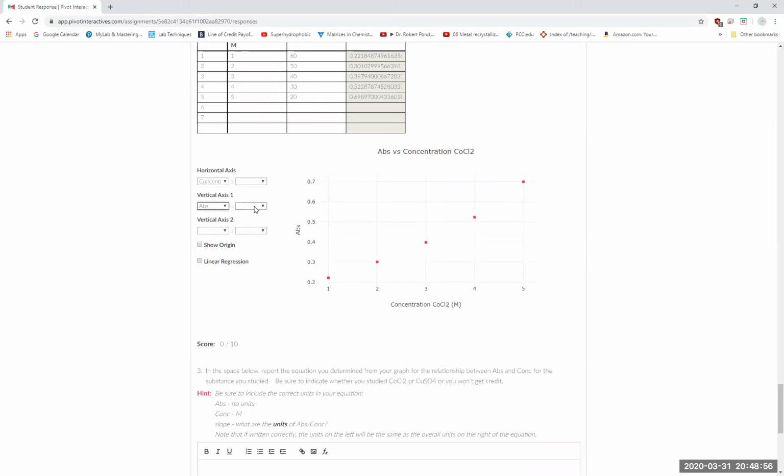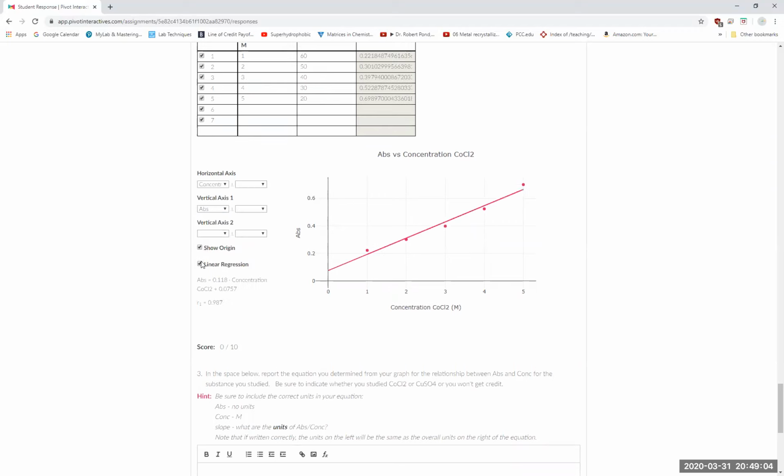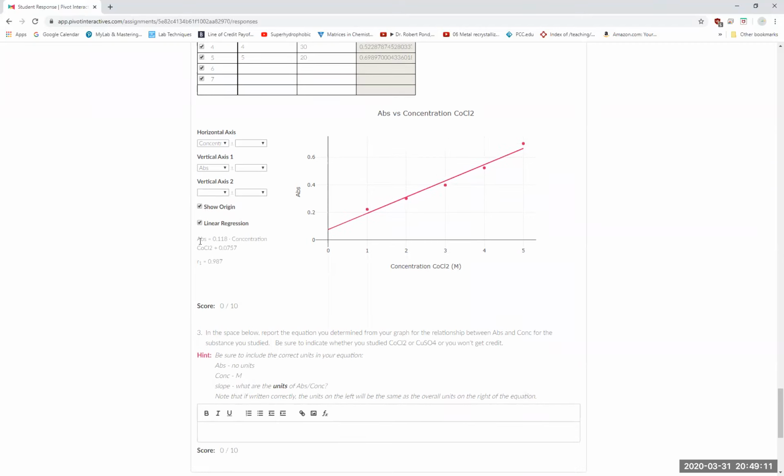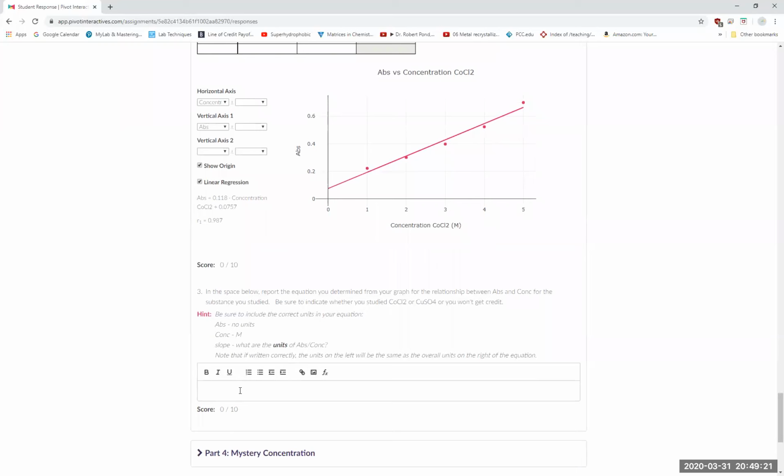You can ignore these tolerance boxes. To make this look nice, you can show the origin if you like, but you should for sure hit linear regression. So your data is not going to look just like mine, but it will give you an equation down here. Absorbance is equal to something, some constant times concentration plus the y-intercept. So that's what you will record down here in the box as the equation, your calibration equation or calibration curve,